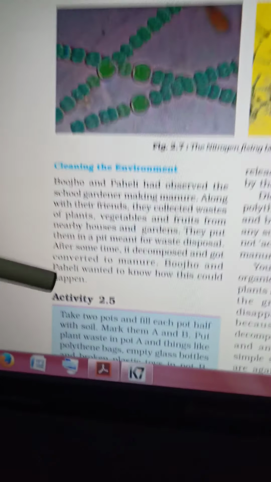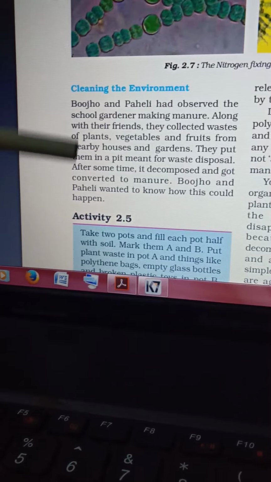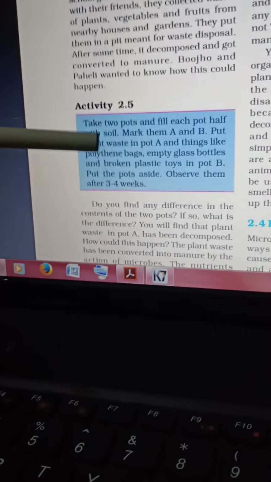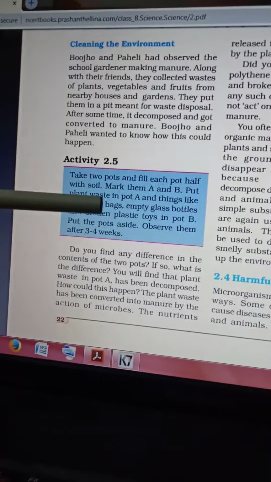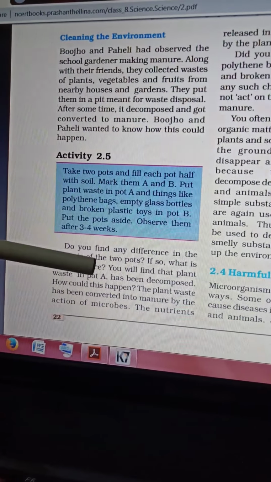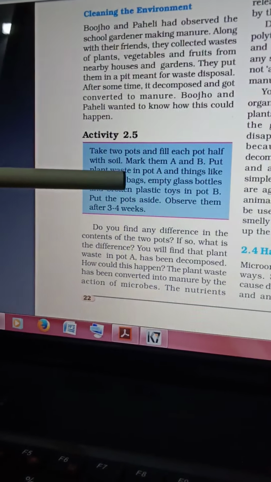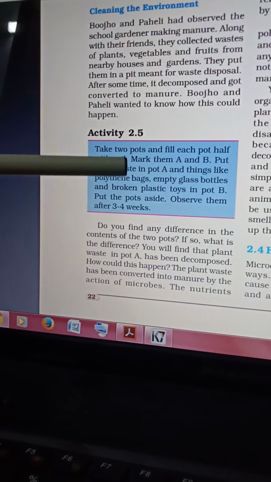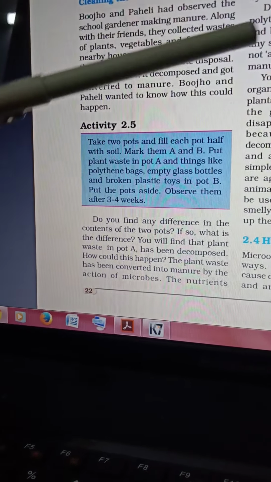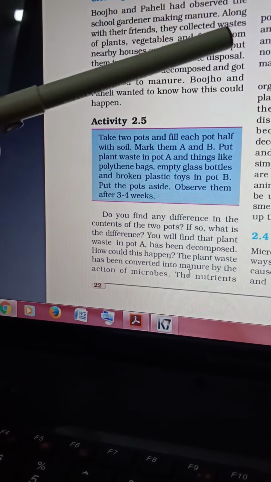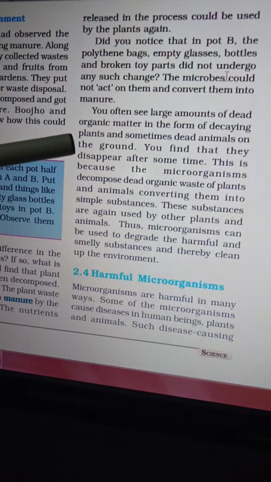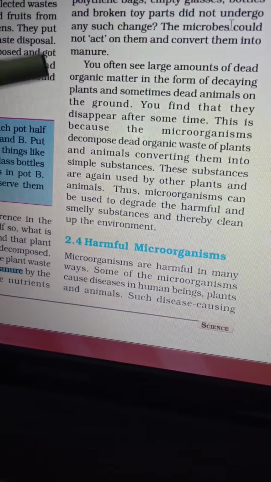And cleaning the environment, that is, I said cleaning the environment very first itself. Some of the microorganisms degrade the plant waste, everything, like bacteria and fungi. The complex substances will be degraded into simpler forms, which the plants will again use as manure. So a lot of animal waste, plant waste, human waste, dead remains of animals, everything falls into the ground, and the complex substances will be degraded into simpler substances by the microorganisms, especially bacteria and fungi. They will be converted into manure, which will be used again by the plants to enrich the